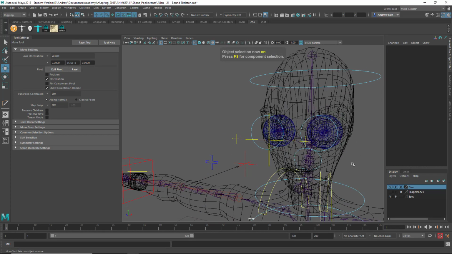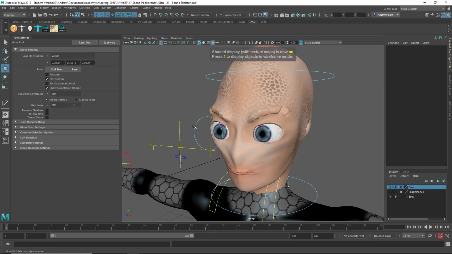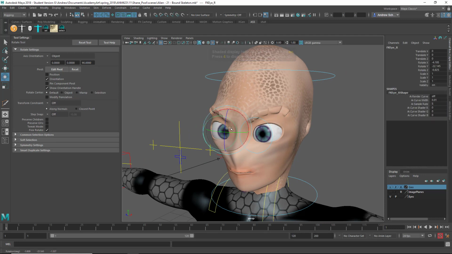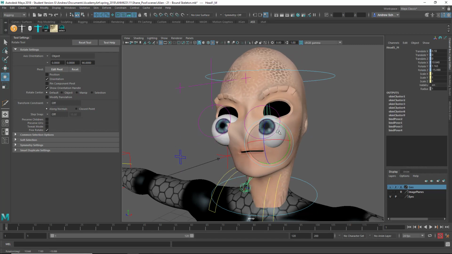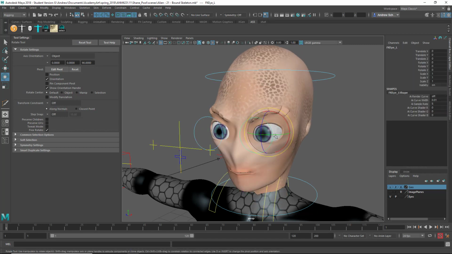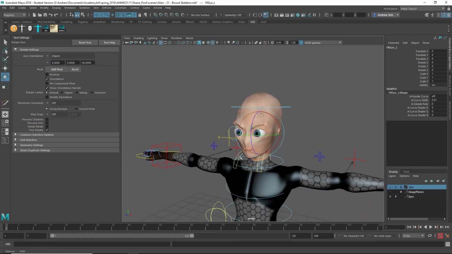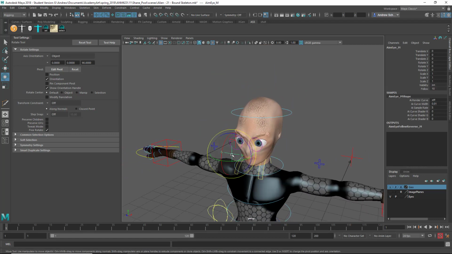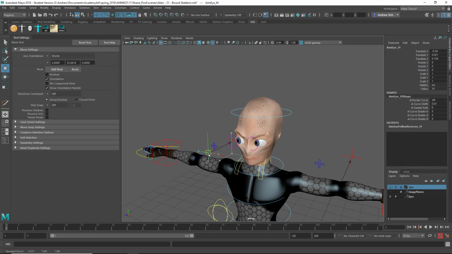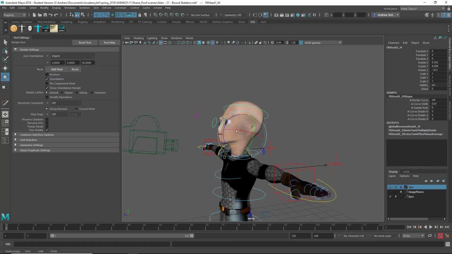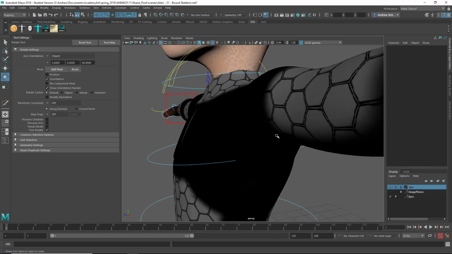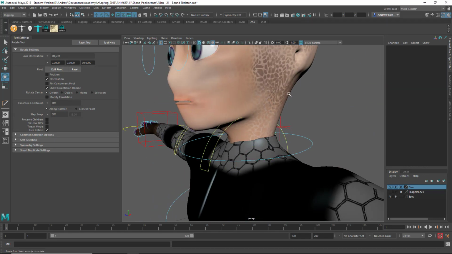And okay, and are these controlling the eye? Oh yeah, those are working fine. It seems like it. Oops. Sorry, I keep picking the wrong thing. Okay. What's this doing? Oh, yeah, that's working. Okay. I'm not sure what your eye thing is, but the neck we'll need to fix, so